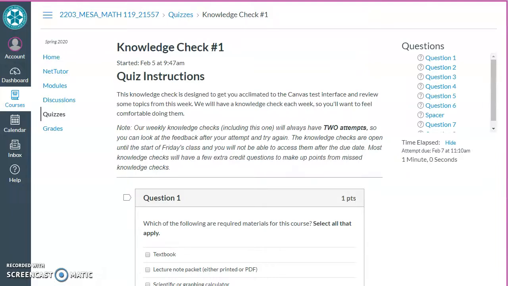I had a lot of students who said, I really didn't get it when I was taking the knowledge check, and after class, I totally understood everything. So I currently have this set up where the knowledge check is due before class, but you have it open until after class, so until midnight of that day. So if after class you attempted the knowledge check, you could still do it. It would automatically deduct 30% of your grade, so the best you could do is 70%,